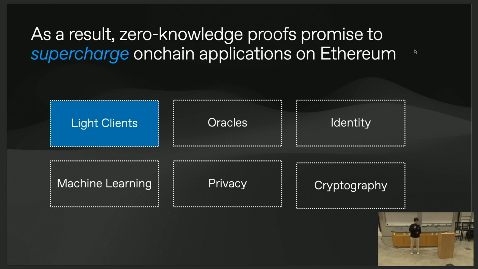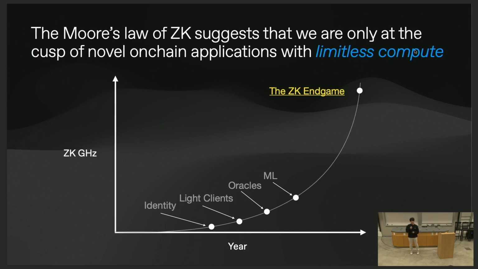Beyond light clients, there are various other teams working on super interesting applications of ZK, such as storage proofs and accessing historical state. Modulus presented on how they're working on ZKML. I think we're just starting to see the emergent properties of what ZK can do for on-chain applications. If you zoom out a bit, with how much progress we're having in ZK, it really feels like we're having a Moore's Law of ZK moment. If you extrapolate just a bit further, it feels like we're only at the cusp of what's possible when building novel on-chain applications powered by limitless compute.